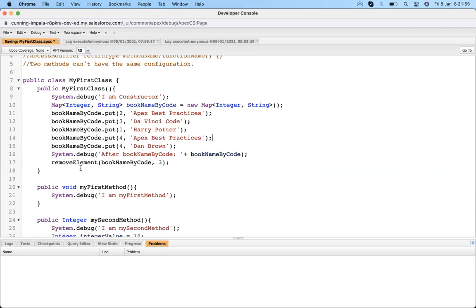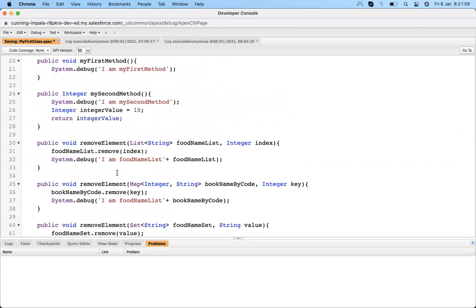Okay, and we also have an example of a set.